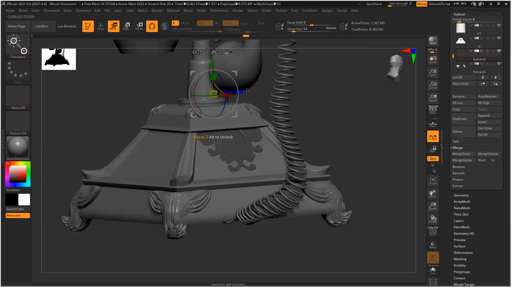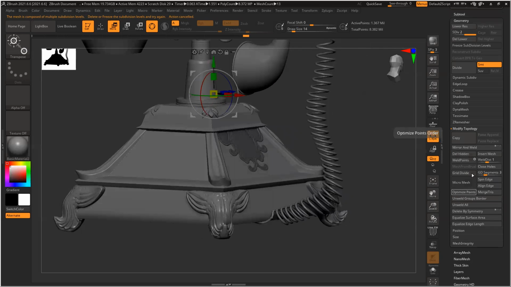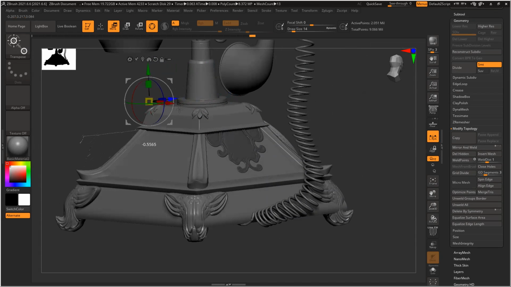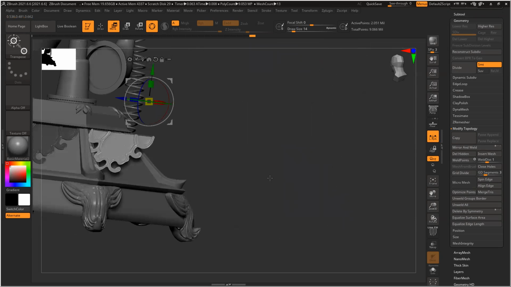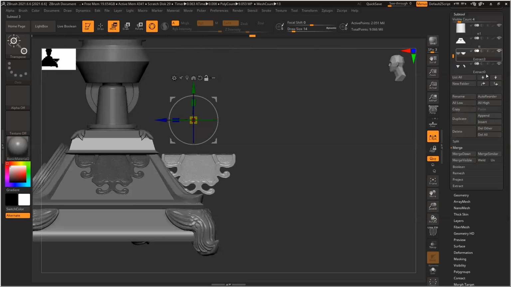You can press Control Alt and drag. Okay, it has a subdivision level. That's why it's not working. So you have to get rid of subdivision first. Control Alt, drag it. It will duplicate that model within the same subtool.